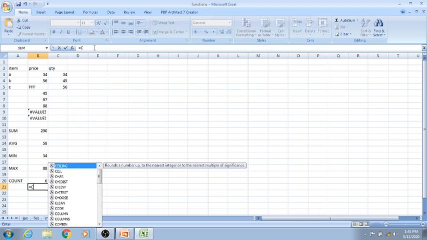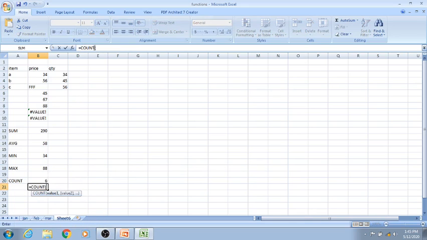And if I use only COUNT and I give the same range, it will show 5, because COUNT counts only the numeric values, and if you want to include the alphabets or the text values also, in that case you have to use the function COUNTA. See this COUNT function, this is COUNTA. This value we have got by using the MAX function, MIN function, AVERAGE function, SUM function.